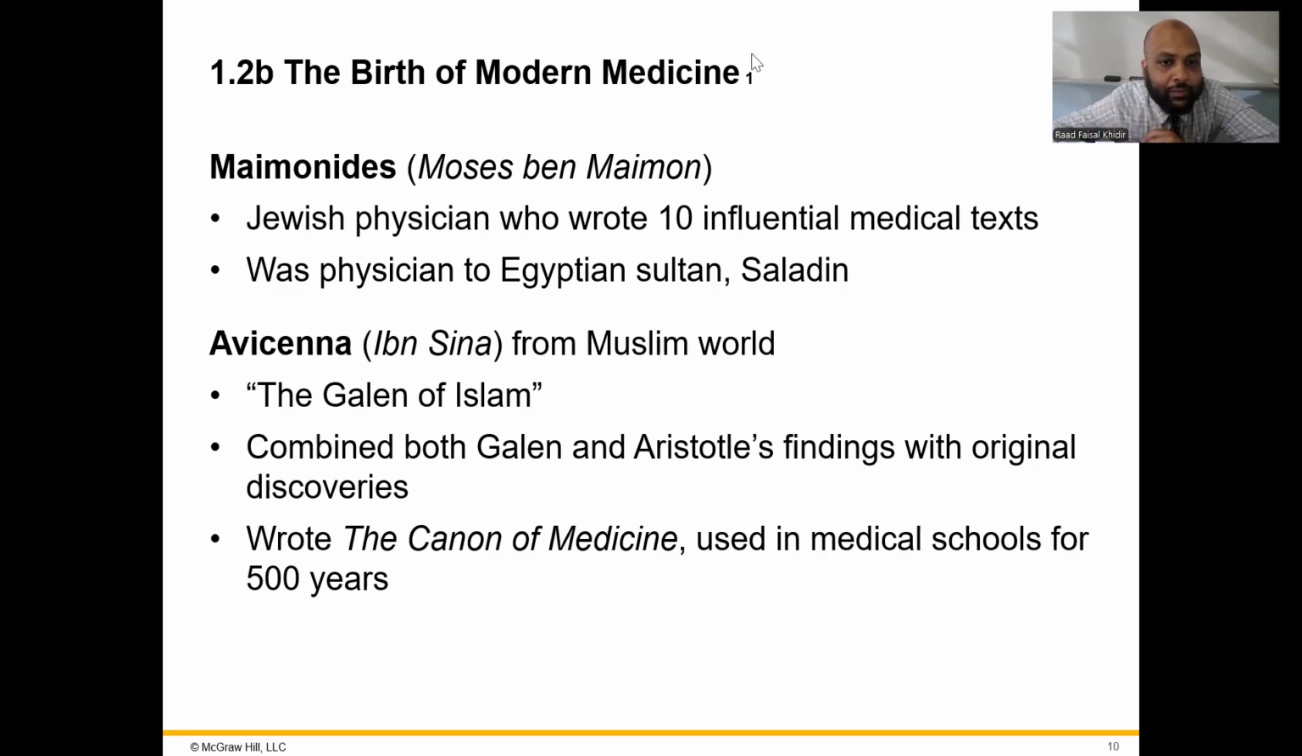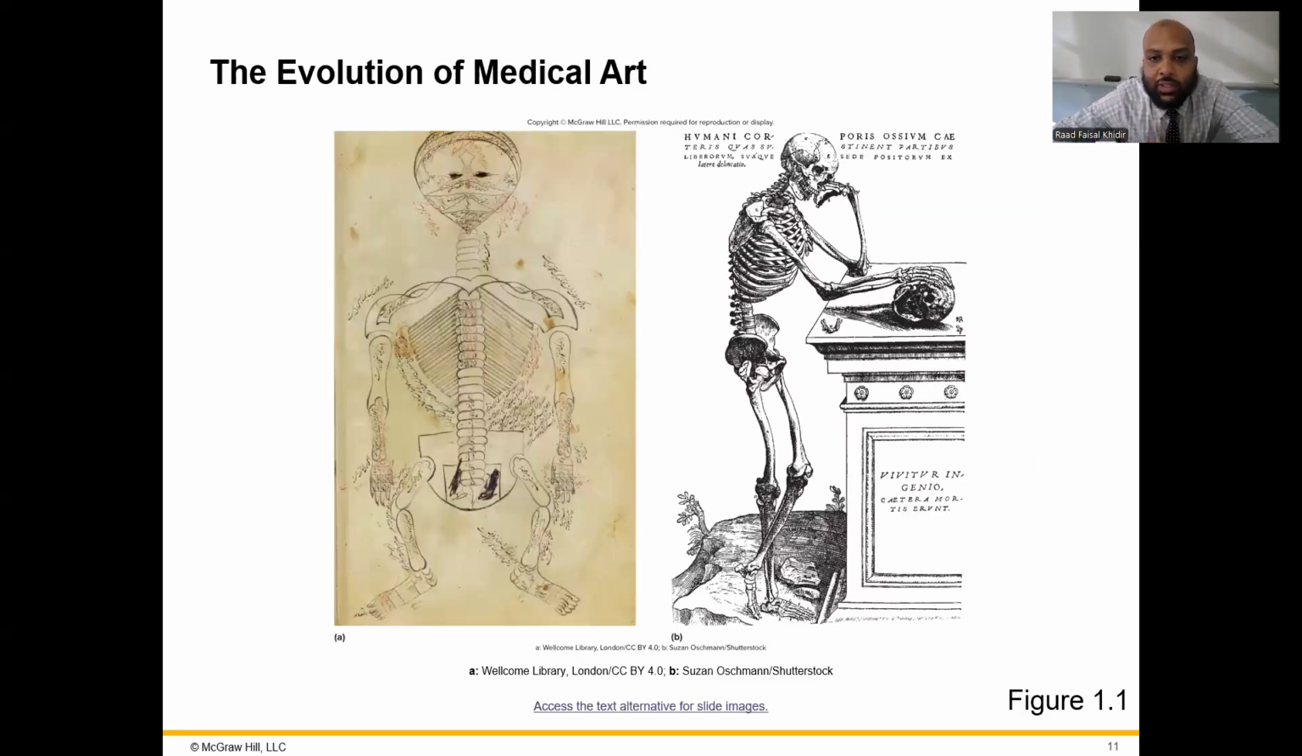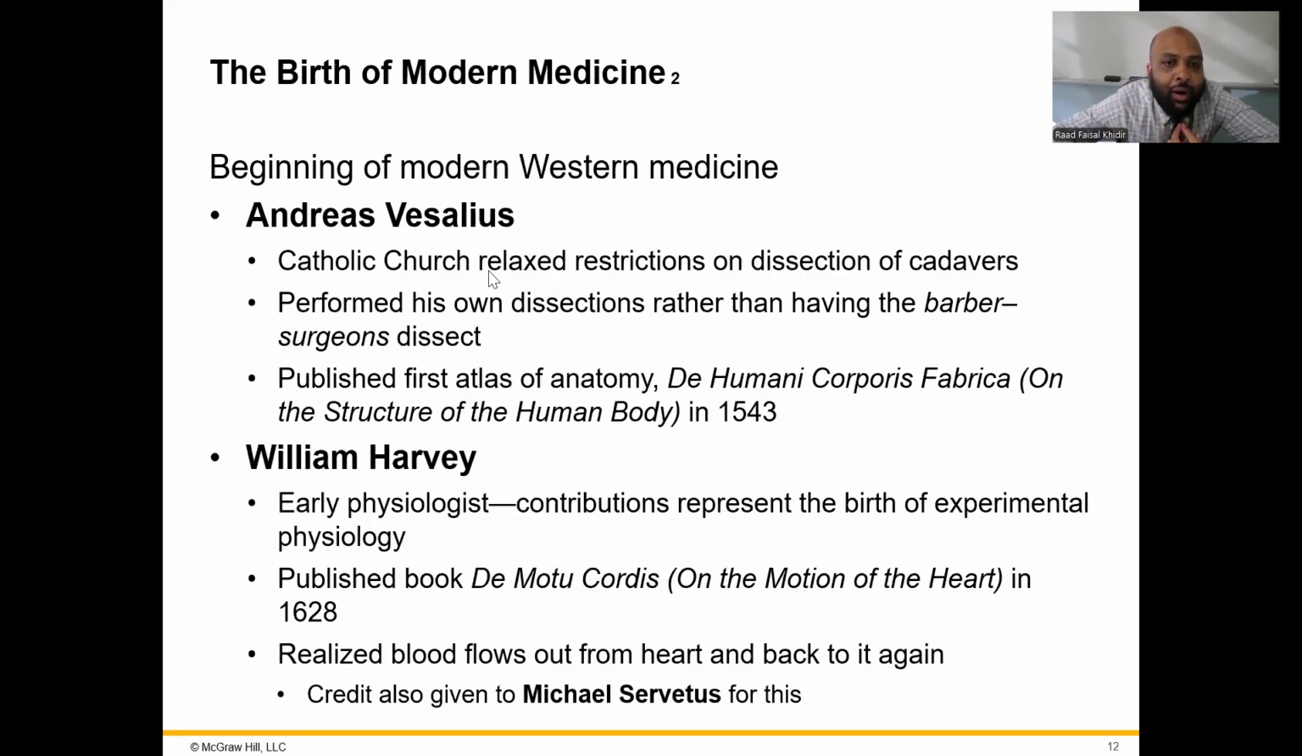Okay. So this just shows us that medical art has changed. So this was back in the day how they used to think the human body looked like, and it developed over the years. Then modern medicine started to rise,